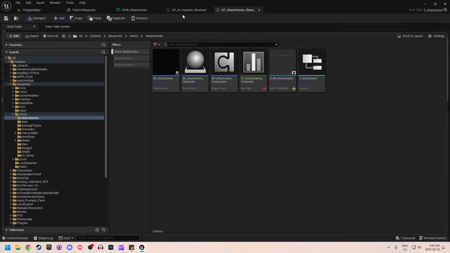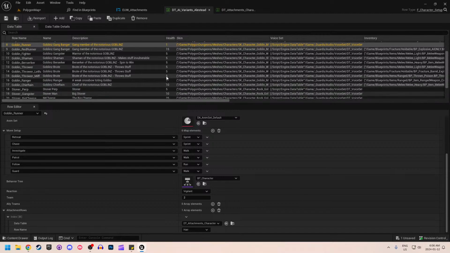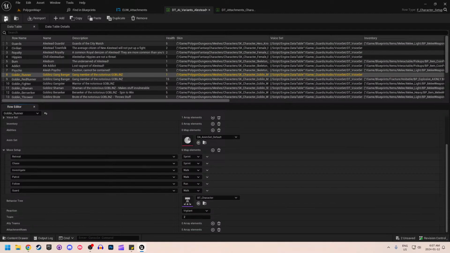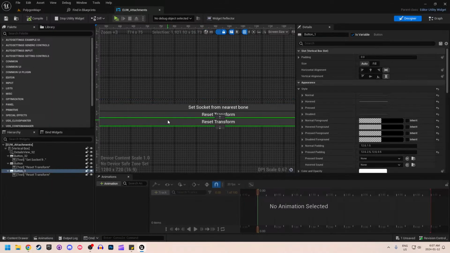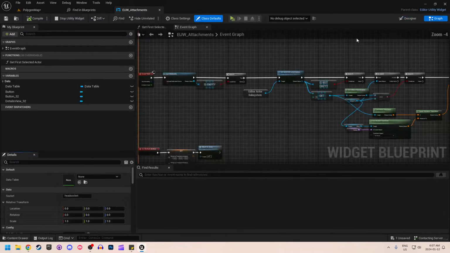So that's cool. I'm not gonna save the variants folder, or rather, I probably am gonna be editing this asset, but get rid of this row. So we're gonna make a weapon. I've got an extra button here that I don't need. And another thing that I wanted to do was just, I suppose,